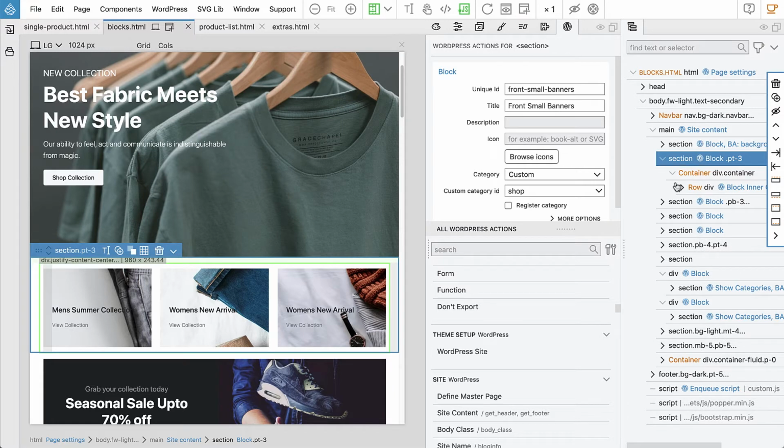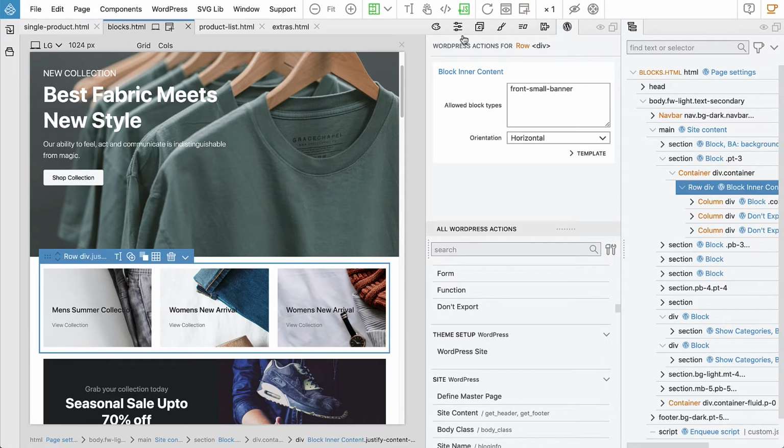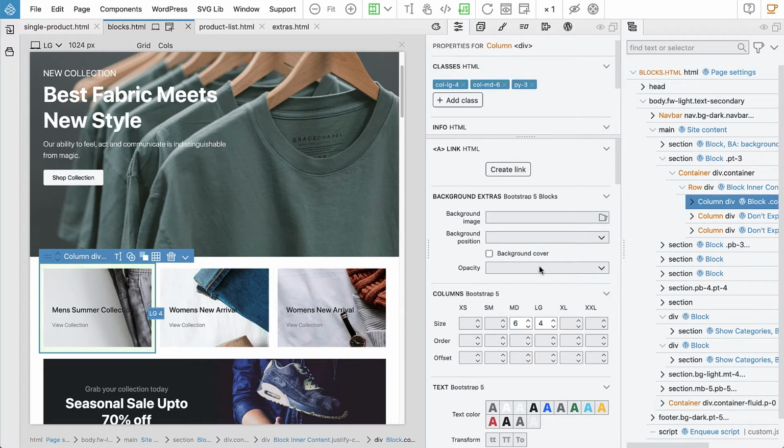Let's see how this block is done now. So we have the row and then we have columns. And now the column layout is fixed. On extra small and small, one item will span the whole width of the row. Then on medium, we'll have 2 columns per row. And then on large and up, we'll have 3 columns per row. So instead of that, we can use